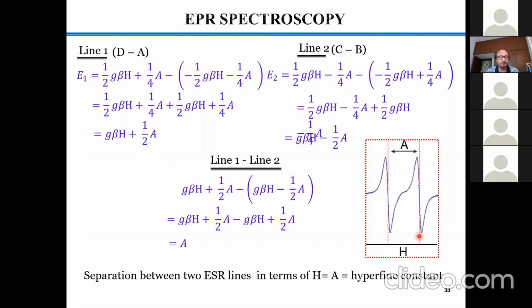But nevertheless, whatever we say, if you have multiple lines, then the separation between the two lines, if it is isotropic in nature, isotropic means all the lines you are getting are equispaced. Say for two lines, there is no question of a second A, but if you have three lines, then you can have another A over here. And for the fourth line, you can have another. And similarly, you can have many A's.